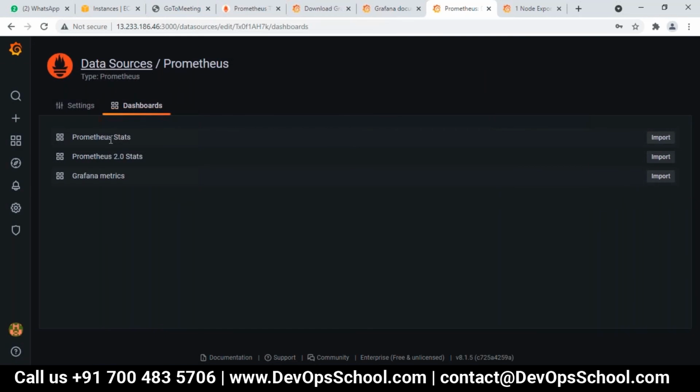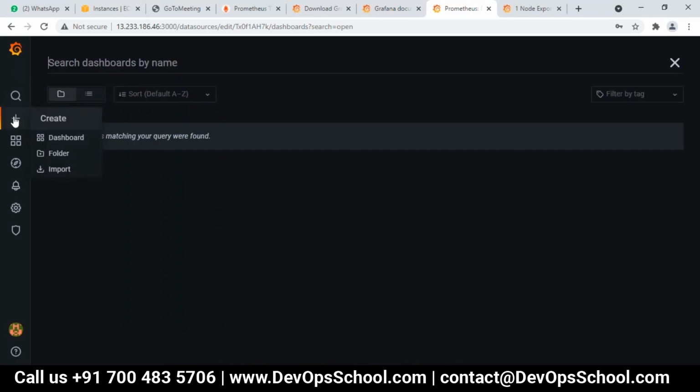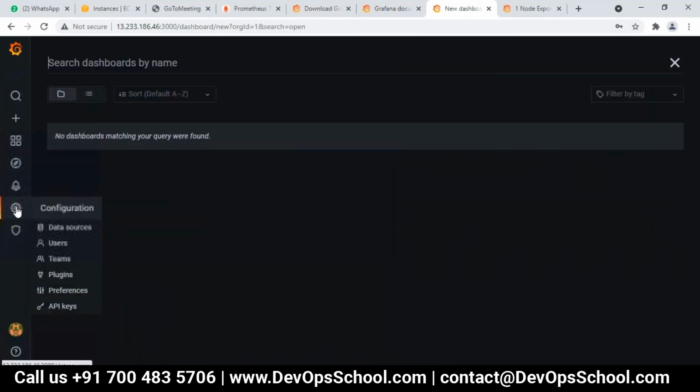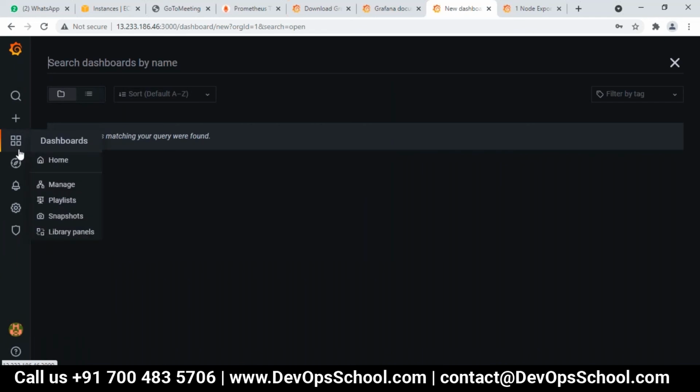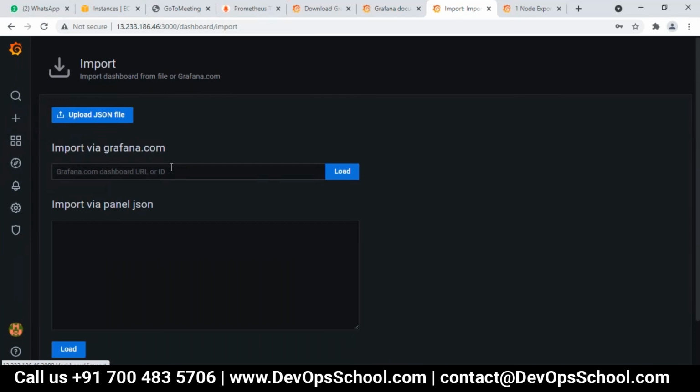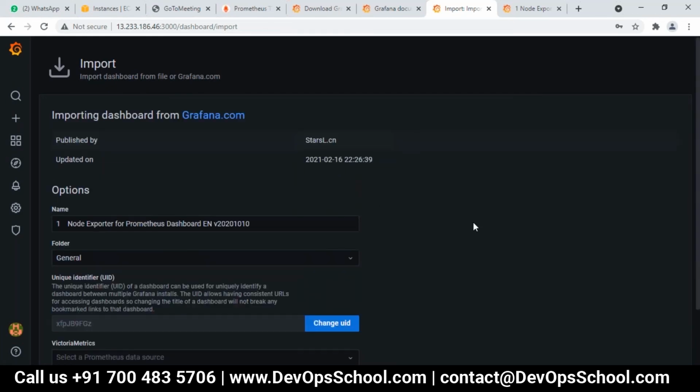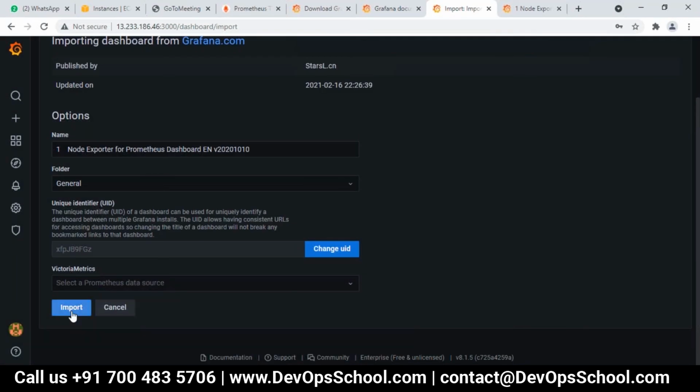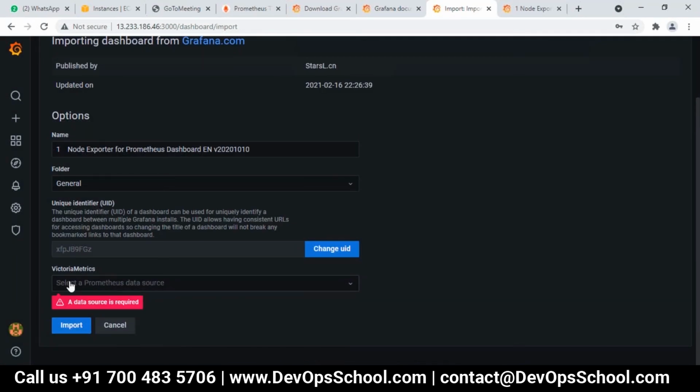If you see, when you define the data source, it creates a default dashboard like Prometheus stats. It will create such dashboards. Right now what we were about to do was create one dashboard using import. Click on load, import. So add data source.